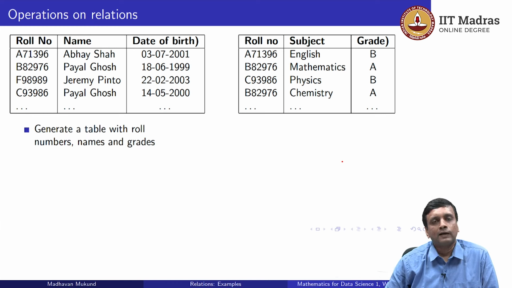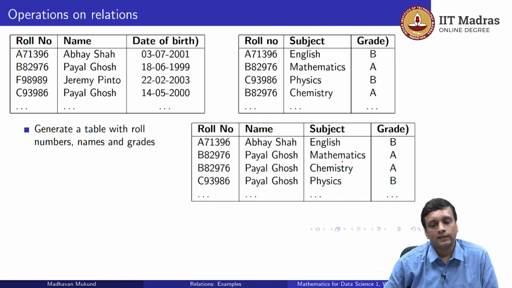Here is a typical requirement when we have to generate a report card. The grade table has the roll number and the subject and the grade, but it doesn't tell us who the student is. It may be difficult for an outsider, except for the student themselves, to know whose roll number belongs to whom, because nobody would recognize these strange character sequences. So we want a table that looks like this, which has a roll number, an extra column with the name, which is not there in the grade table, which is taken from the first table,